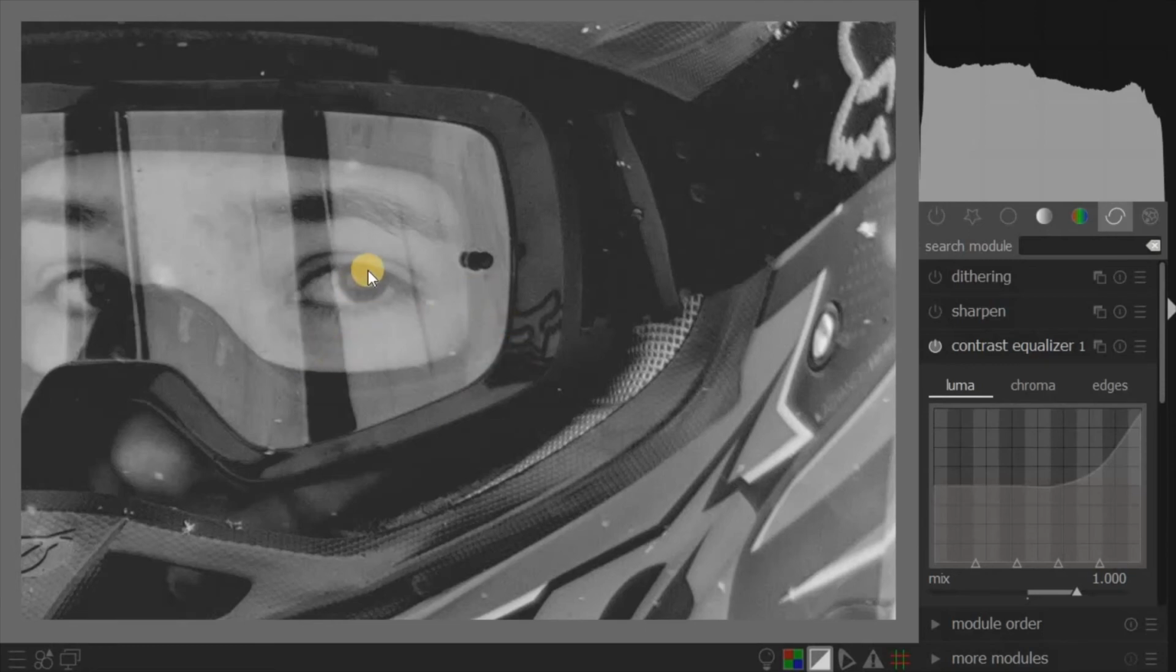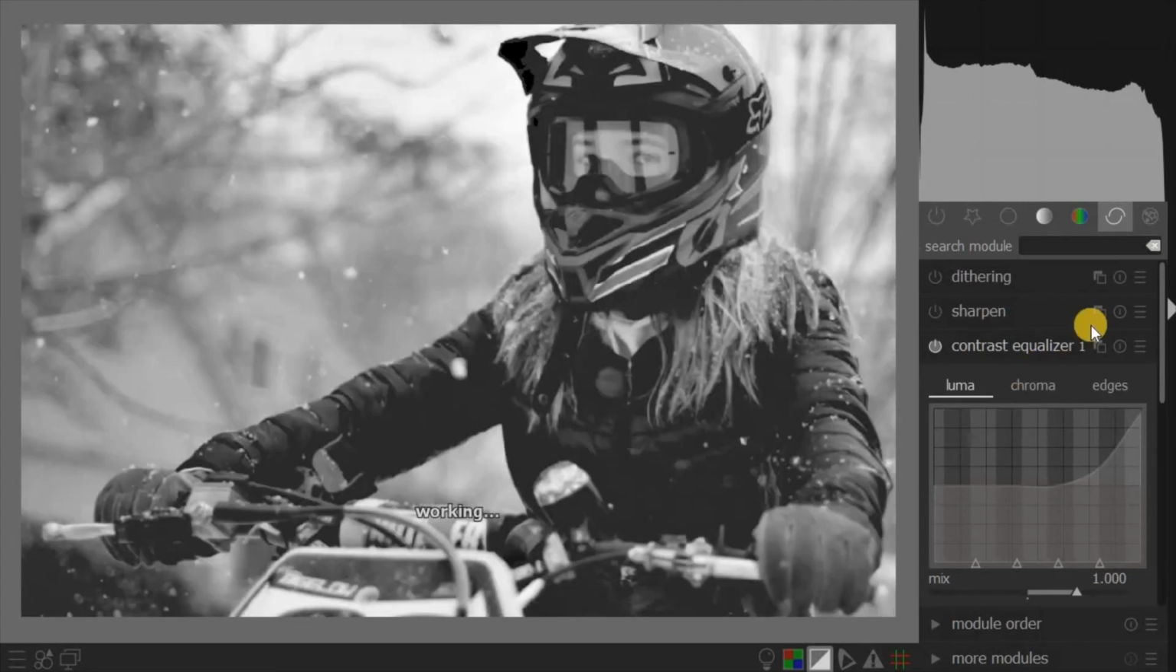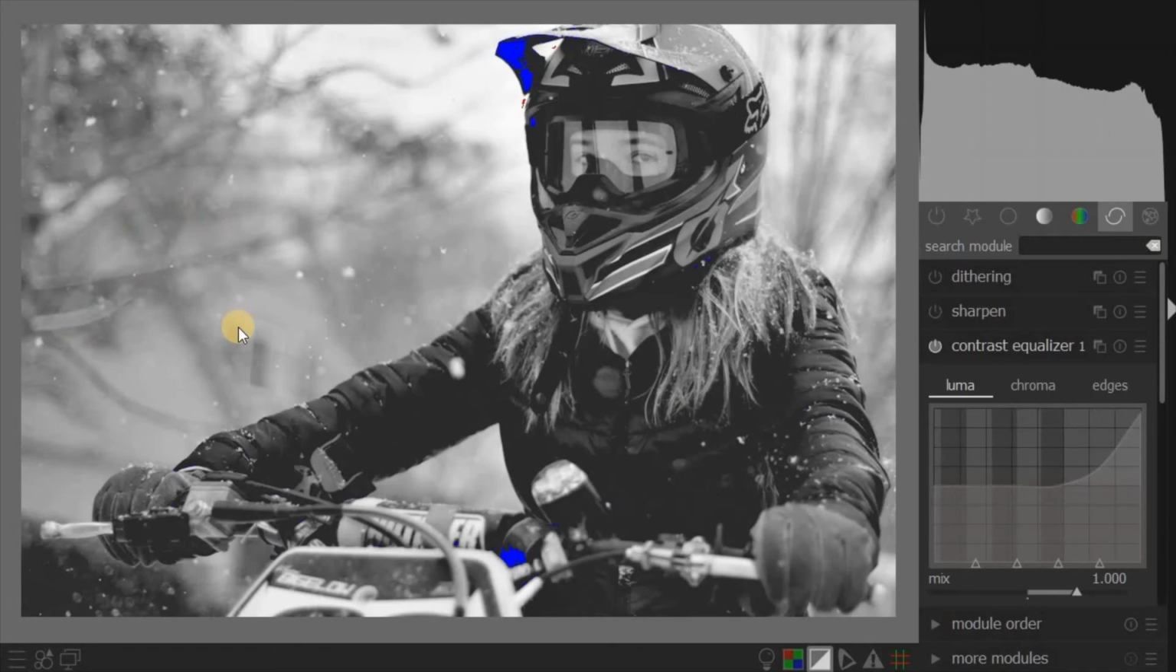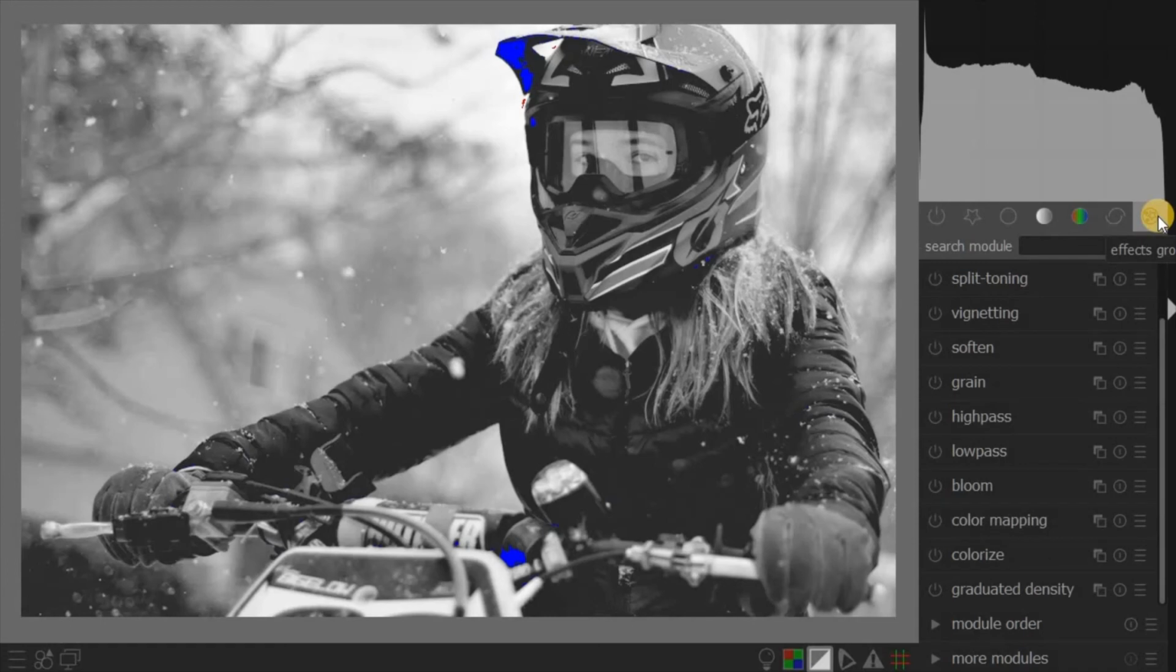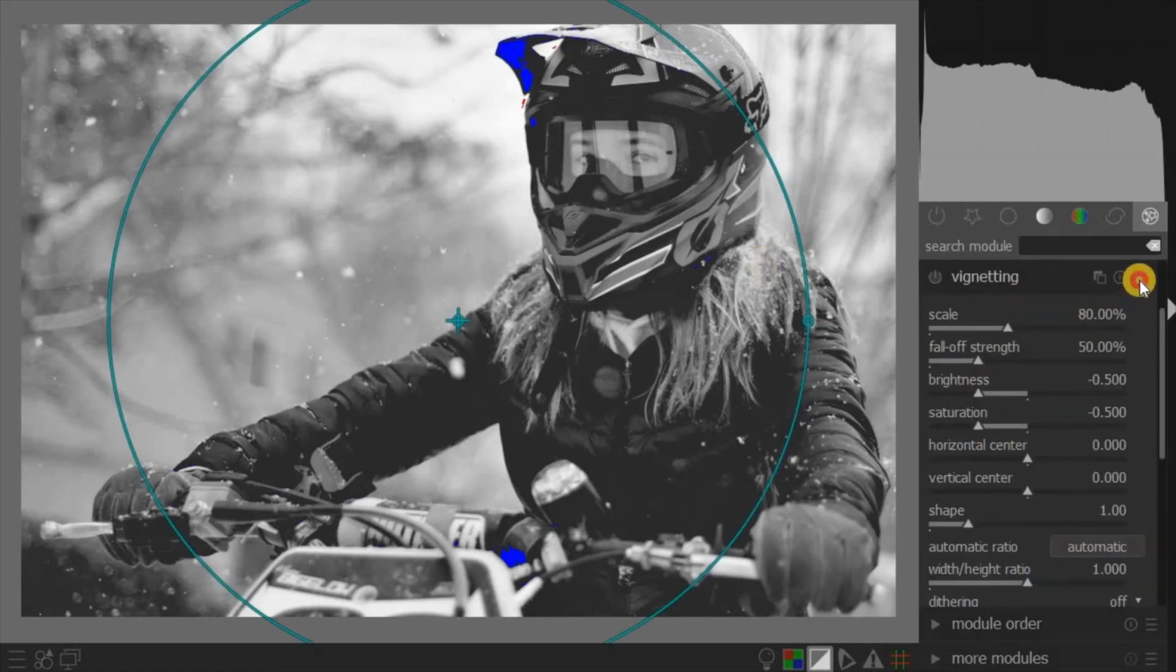So this module works pretty good, increasing the sharpness of the small details in the image. I think I'm getting close to the final effect I was after. So just to see how it's going to look when printed on a piece of paper or on canvas, I think in the meantime I'm still going to add some vignetting to add more emphasis on the girl's face